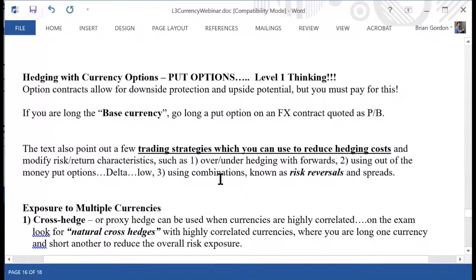Then you could also use combinations such as risk reversals. You must know the risk reversal. The risk reversal is nothing more than a combination where we have a long put and a short call to finance this. We could look at spreads. Put spreads, seagull spreads. So my advice is if options are not your strong point, don't spend too much time